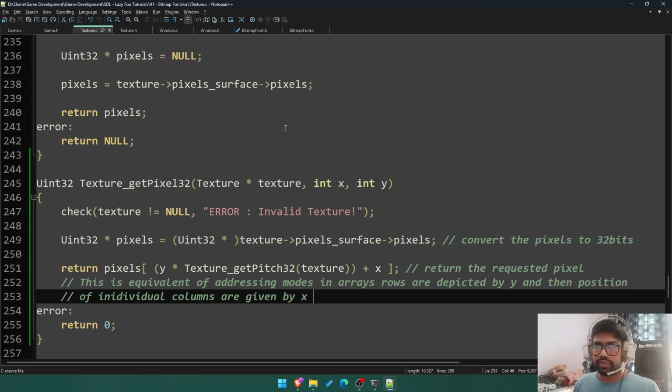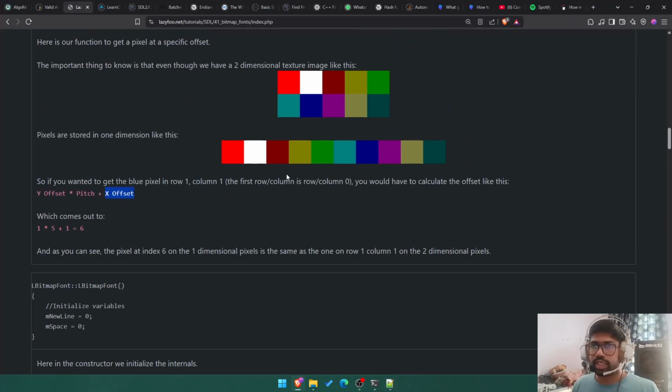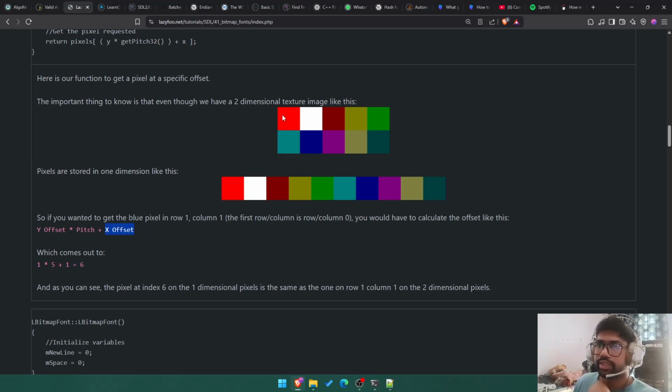So if I say 1 0, so it is row 1. No, see, if this is right, this is 0 0, 0 1, this is row, so 0,